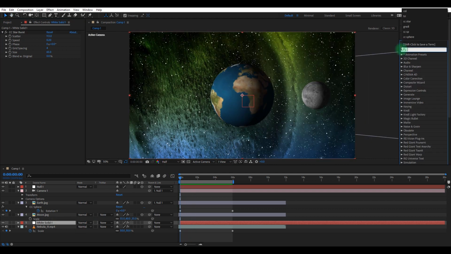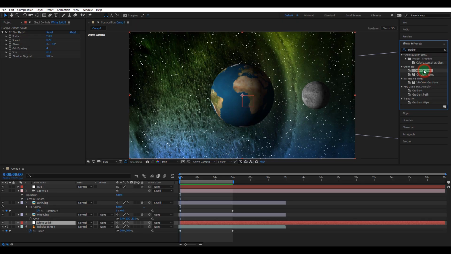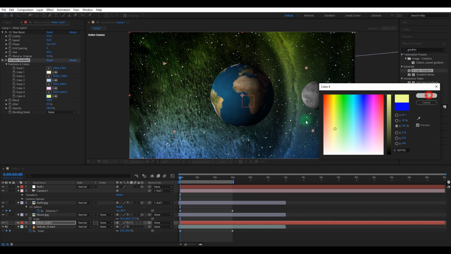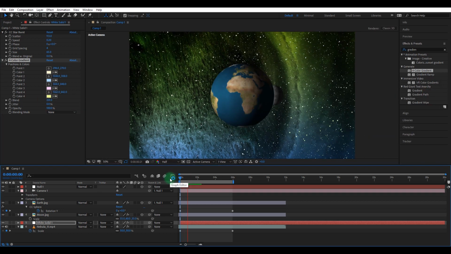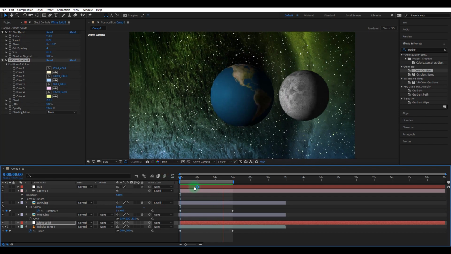And now it is time to apply some color effects on the stars. So just go to the effects and preset panel and search gradient, and you can see here the effect 4 color gradient. Just drag and drop the effect on the solid layer, and you can see in the effects control panel the parameters, that is the 4 colors that are creating the gradient. Here you should choose your colors very effectively and wisely to make it more interesting and eye-catching. After it is done, if we just play back our animation, it will be almost ready without one single effect